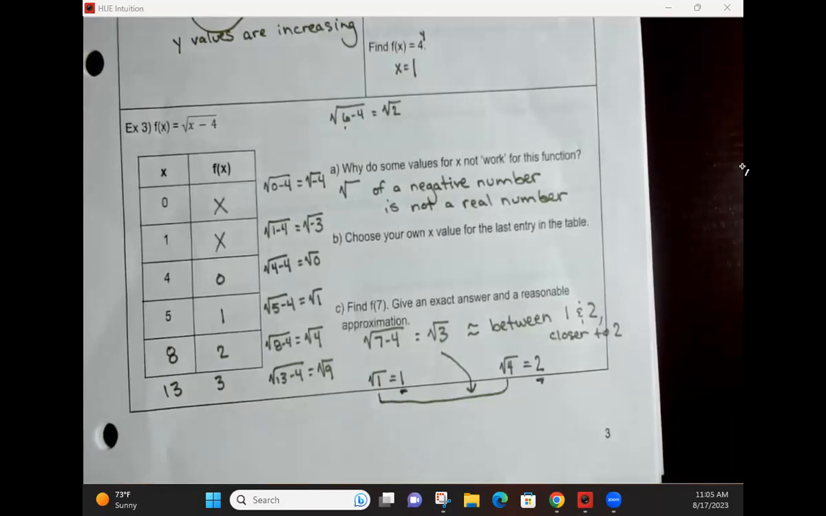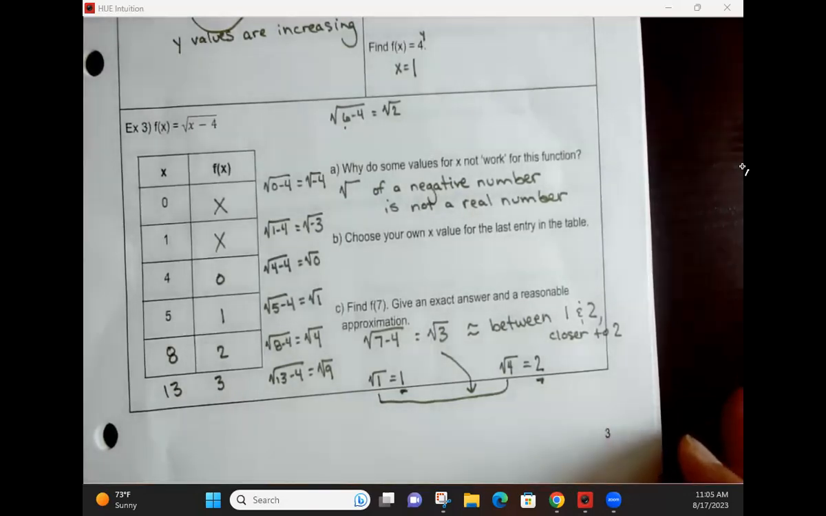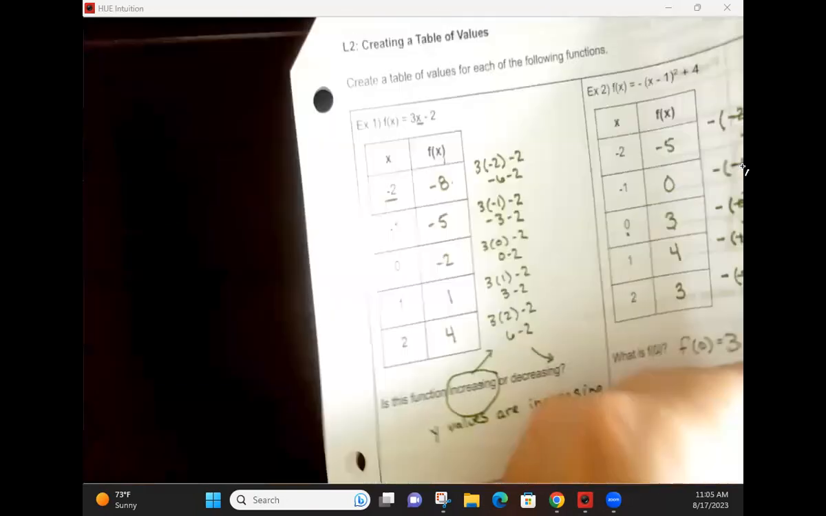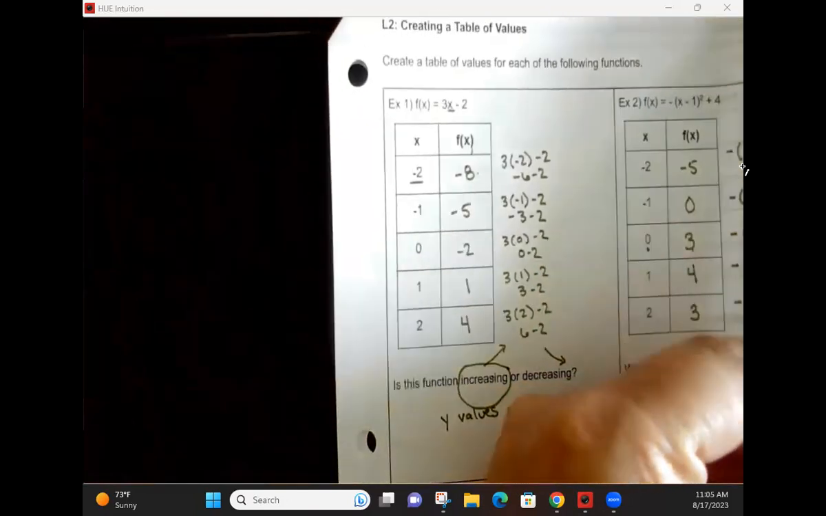Questions for me so far? Okay, turn the page for me. For our next example,